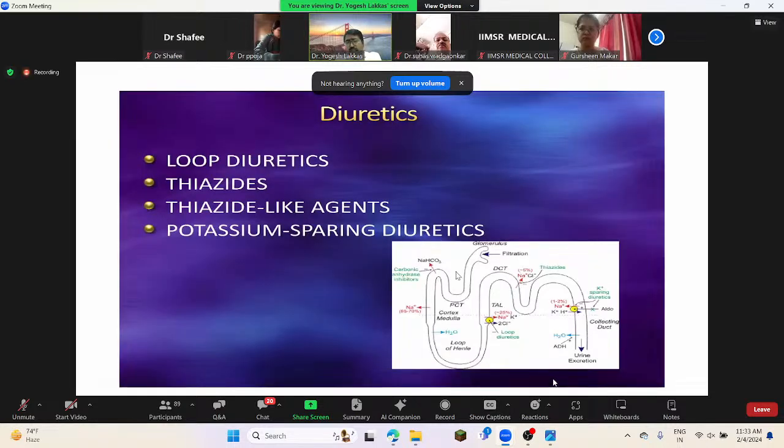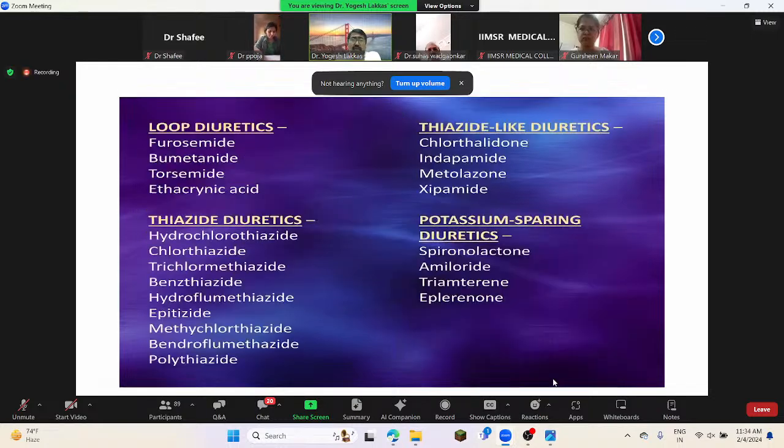Diuretics, again, in the Guyton diagram we can see various diuretics, like those acting on the proximal tubule, then loop diuretics like Lasix that play a role, then the distal convoluted tubule with hydrochlorothiazide, then aldosterone antagonists, which act at the collecting duct. This is the famous diagram that we learned in our first MBBS itself. These are the various classes of drugs available among the diuretics.